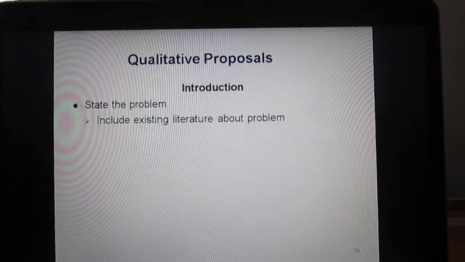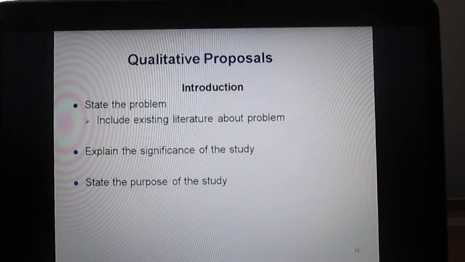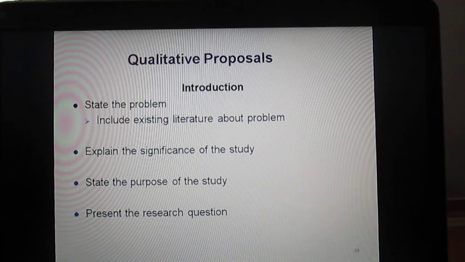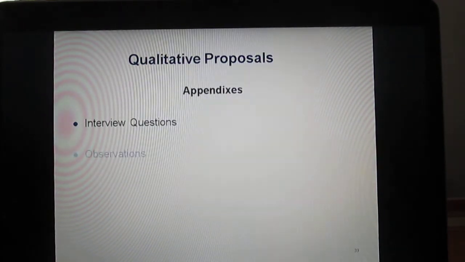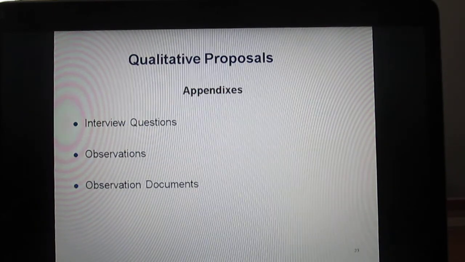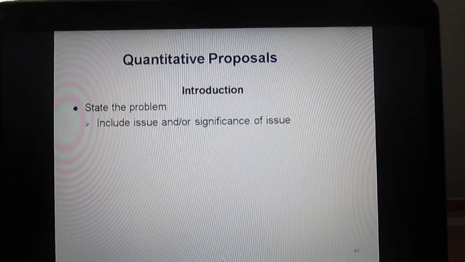Qualitative proposals: state the problem, explain the significance of the study, state the purpose of the study, present the research question. And we have here the qualitative proposals, interview questions, observations, quantitative proposal,